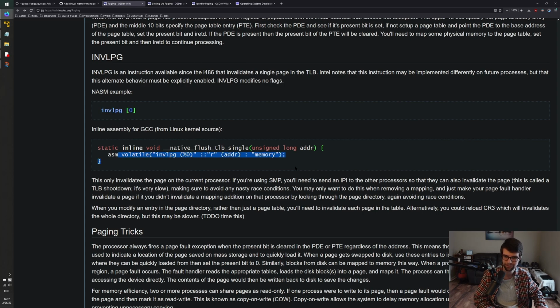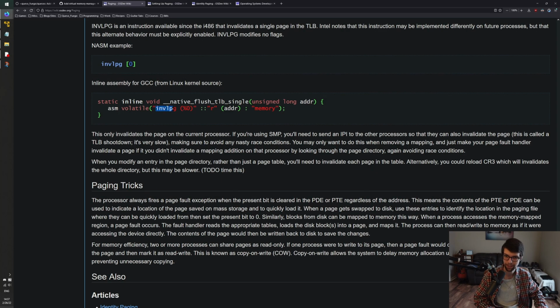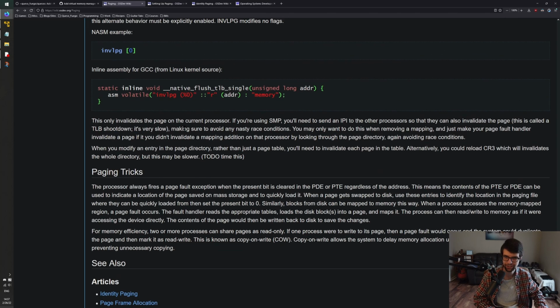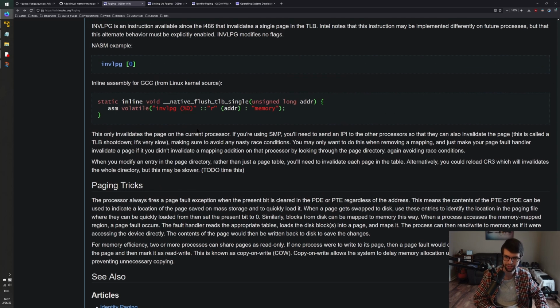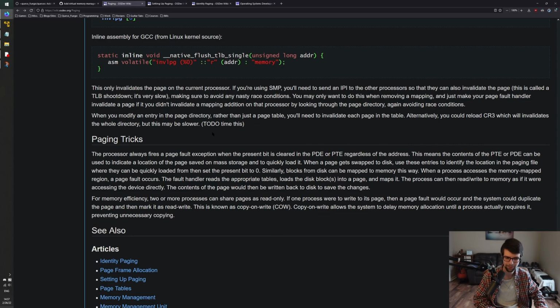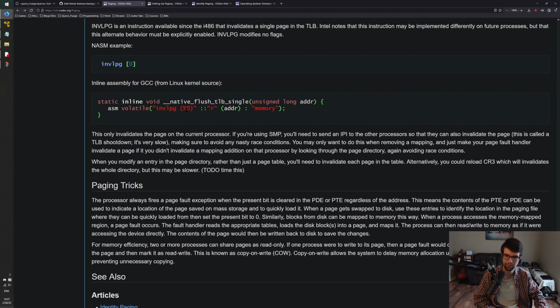TLB. There's an instruction for that, and we'll just use inline assembly, similar to what they have here, the invalidate page instruction. So that's for a single address or a single 4 kilobyte page at a time. If you unmap all the pages in a page table, you can probably invalidate the whole table or everything in a directory, like for a process. When that process is done, if you allocated a directory for it, you can unmap all the pages within that page directory. Or another way of invalidating everything in the TLB is just to move a new address or a new page